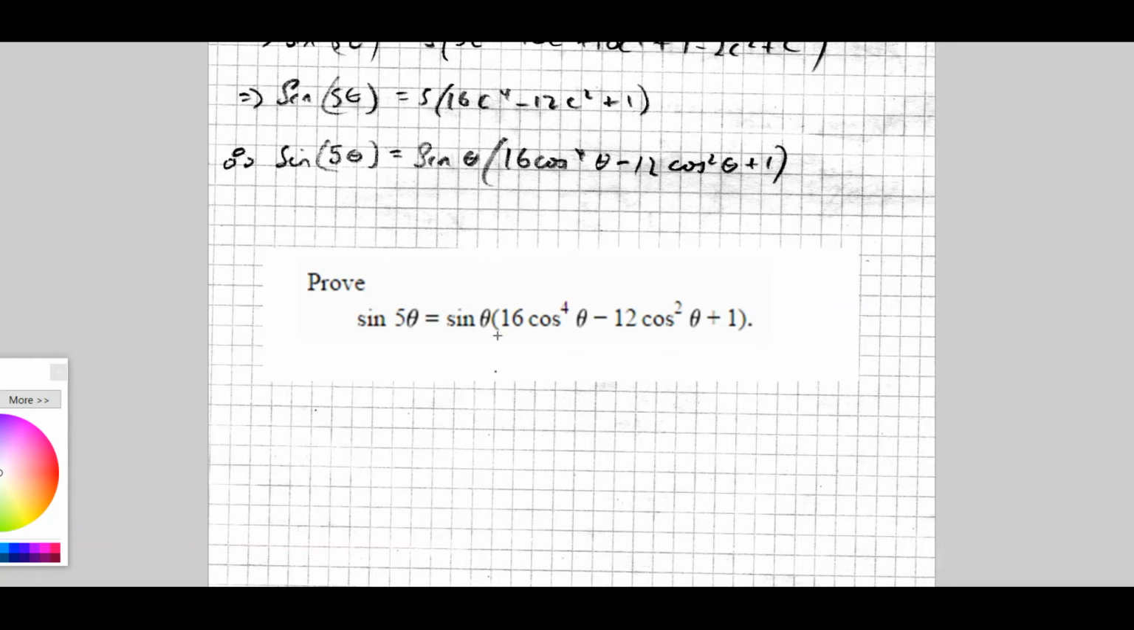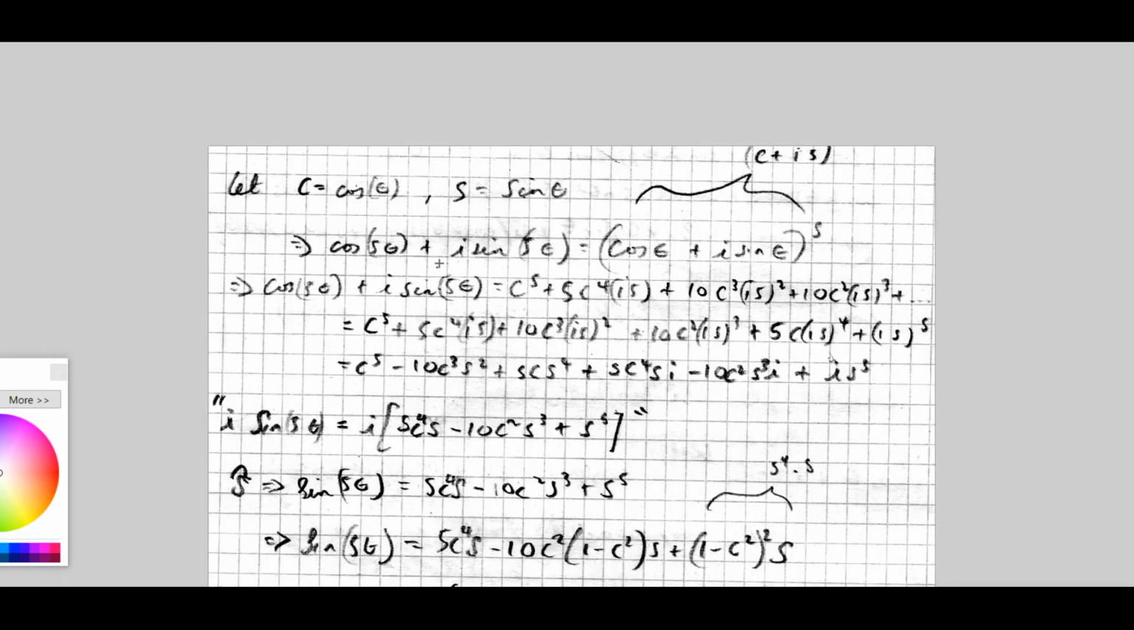Okay, so now we wish to prove that sine 5 theta equals sine theta (16 cos^4 theta - 12 cos^2 theta + 1). Now, what I'm going to do is first of all use c equal to cos theta and s equal to sine theta. Why? Because otherwise this can become extraordinarily large and cumbersome and will probably take away from the capacity to understand